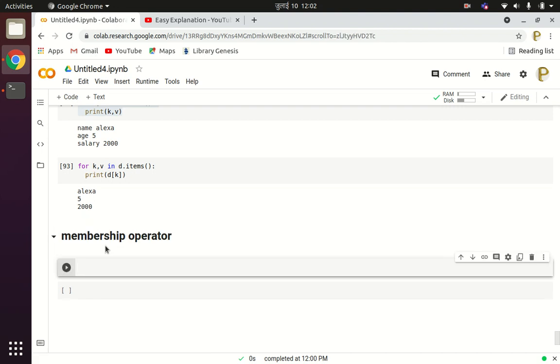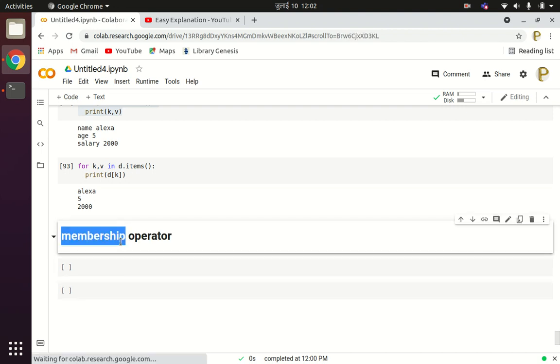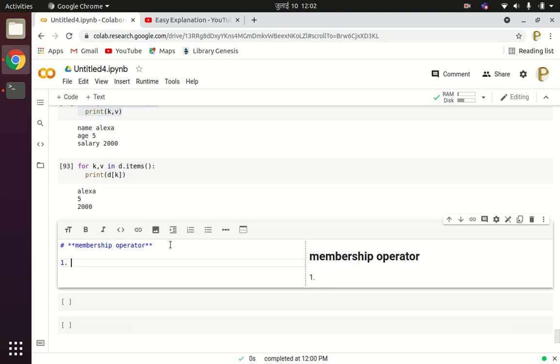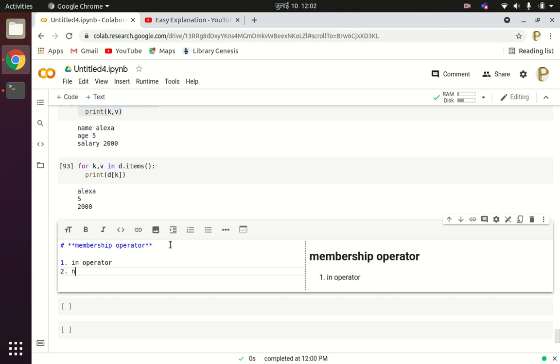The membership operators available in the Python programming language are the in operator and another is the not in operator. Now let us see how these operators work.